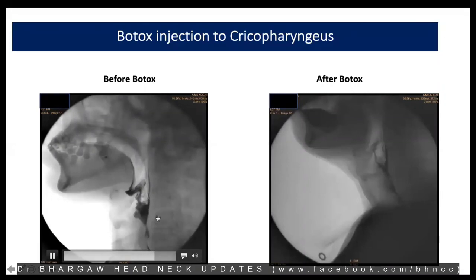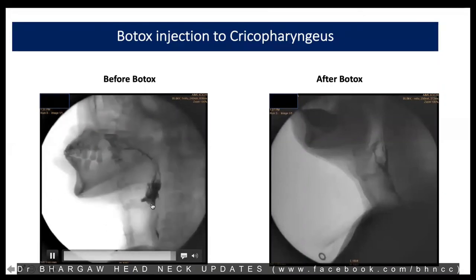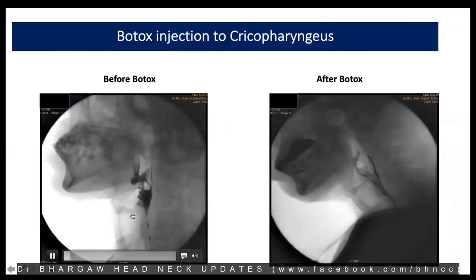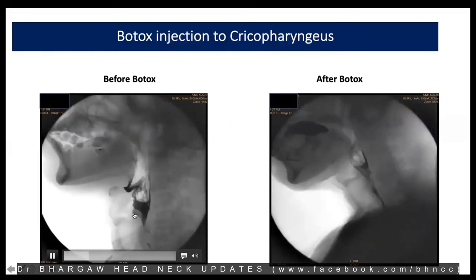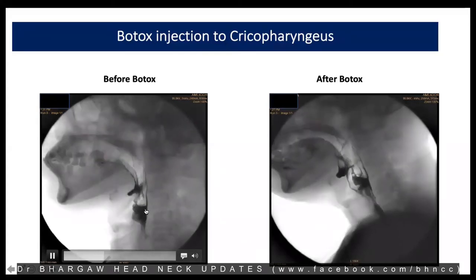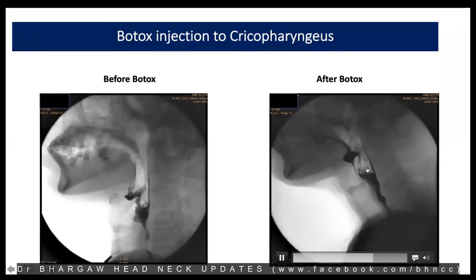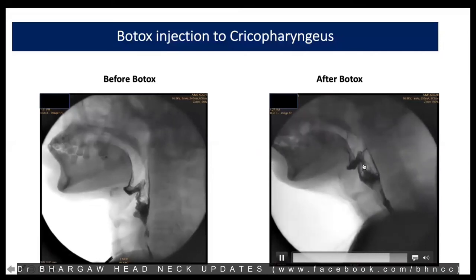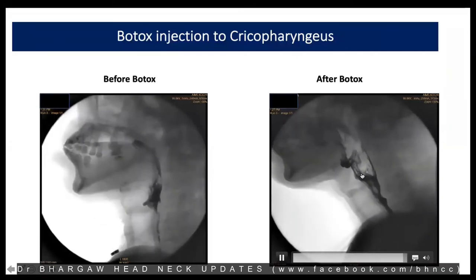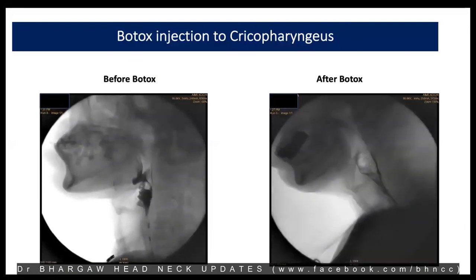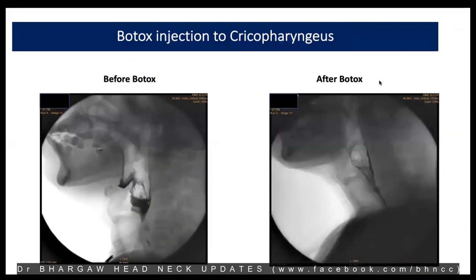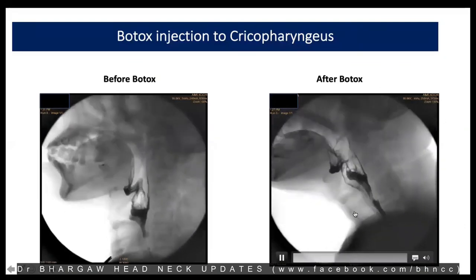He has had 2 episodes of aspiration pneumonia, and he's at potential risk of having secondary aspiration, because anytime this could spill over. After Botox, you can see him. There is still a little bit of residue here and there. That's mainly because of the radiation fibrosis, and he needs to build that up. He's not been eating for a long time, but you can see that the food bolus goes down very smoothly.